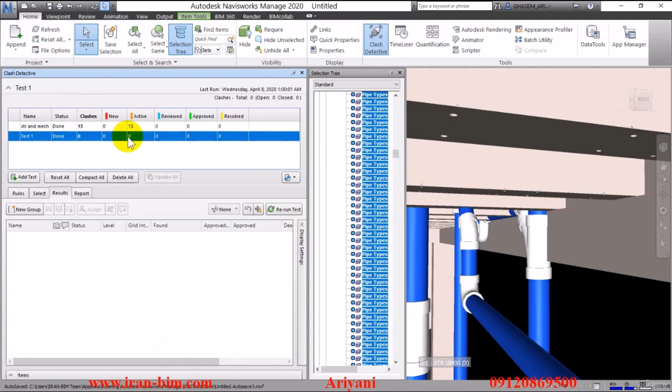Then we can run tests to see if there are any clashes between these, and the result is none, so the sewage doesn't have any clashes with itself, which is great, and this is one of the things that we need to check each time. And if there are any clashes, we'll need to resolve them. But for now, we'll complete the plan and then talk about Navisworks